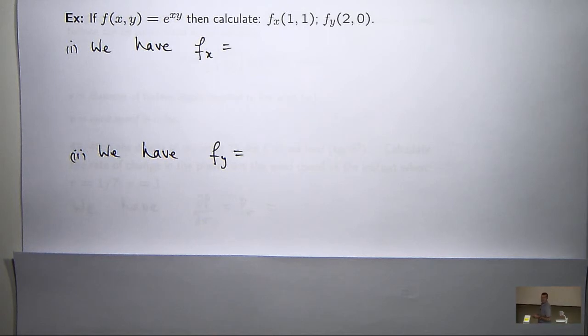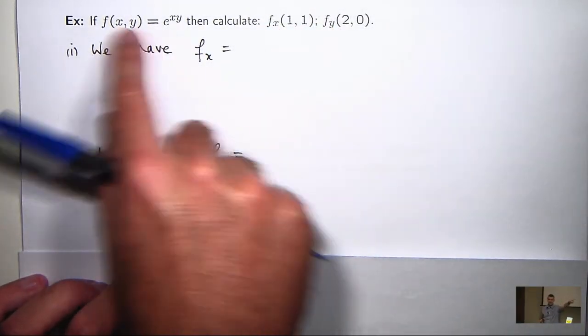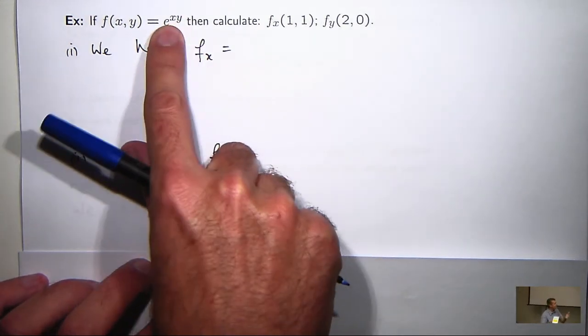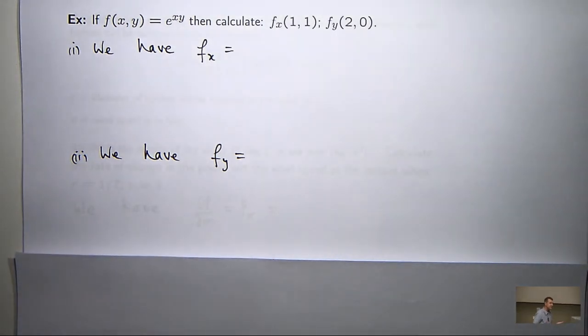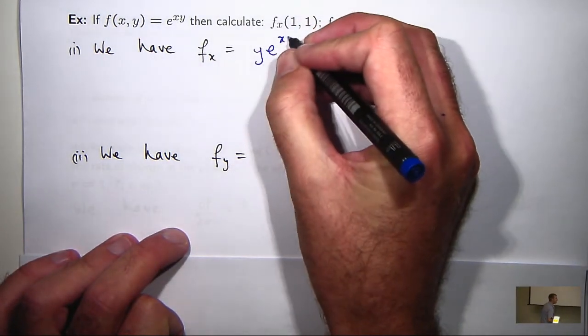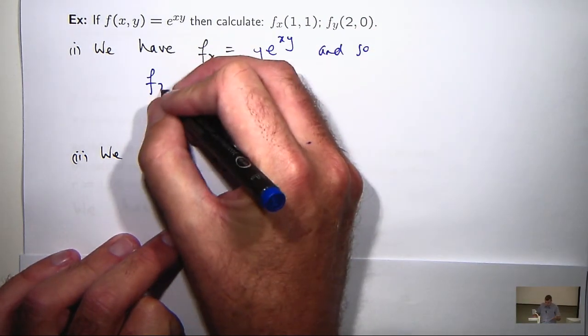Okay, calculate these two values. So if this is our function, what's f sub x going to be? We imagine y as a constant and differentiate normally with respect to x. Who can tell me? What's it going to be? Yep, y e to the xy. Well done. So at the point of interest, 1, 1,